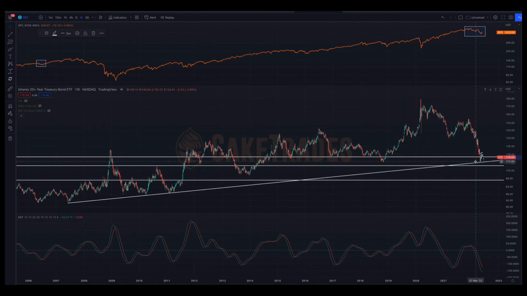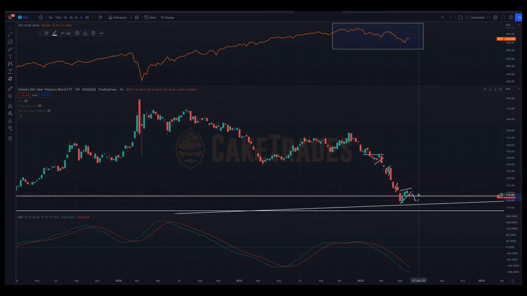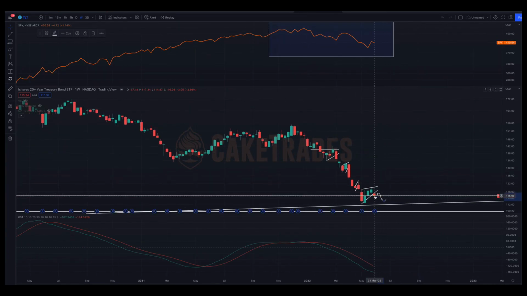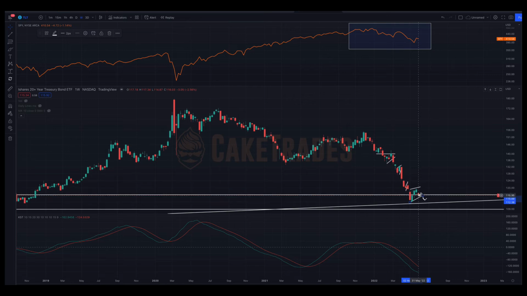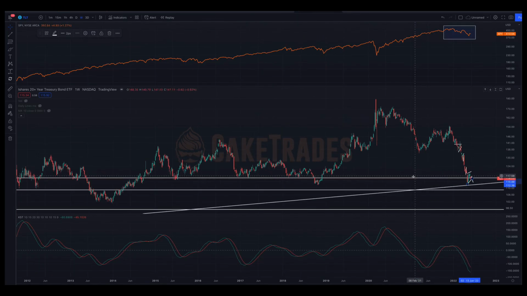This trend line is something I've been tracking. Again, we're on TLT. This is not so bad. You could say maybe it's a channel. Maybe it's not a flag. Maybe it's a channel or whatever. So we're still in good shape here with bonds. We want to see them continue to hold this area and this trend line and bounce, and that would be